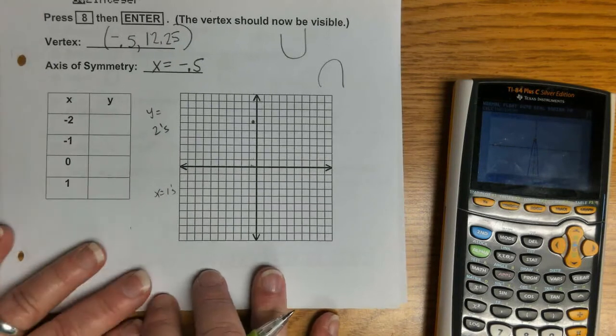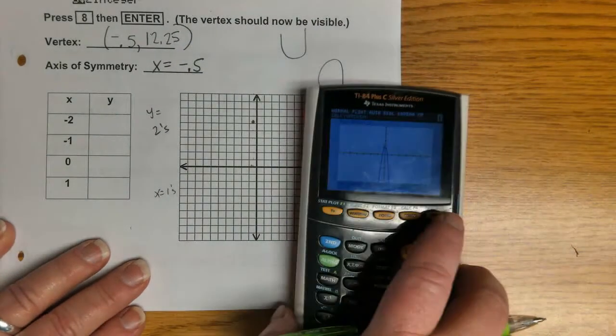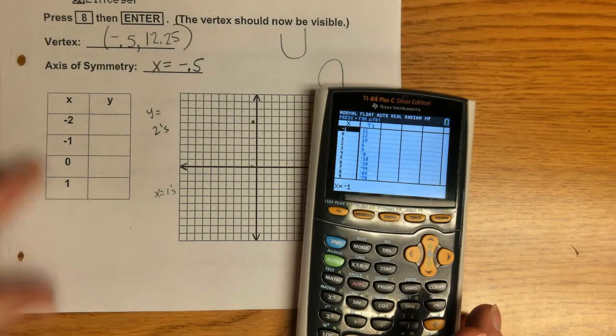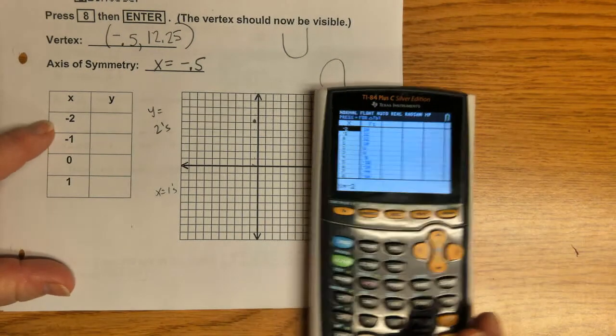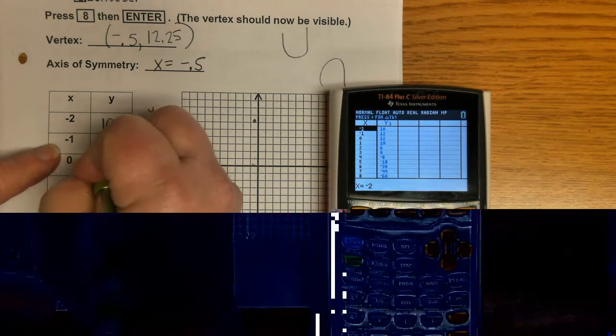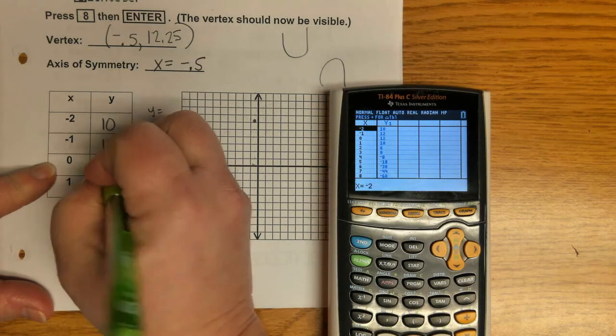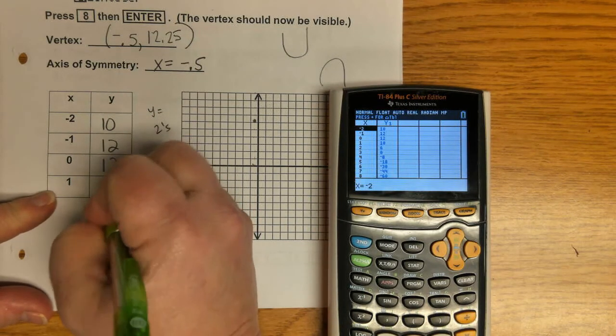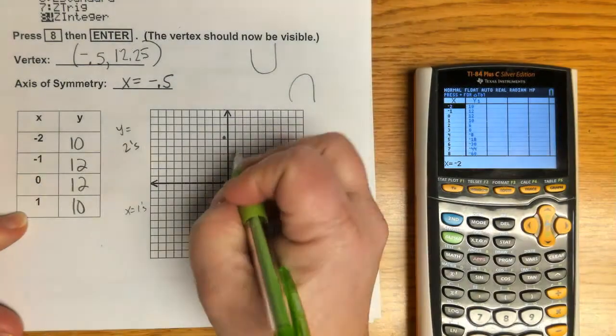So, here we go. Now I'm going to go to my table and find my points. Second in table. All right, they want to know what is the value at -2. It is 10. At -1, it is 12. And at 0, it is 12. And at 1, it is 10. So I can go to